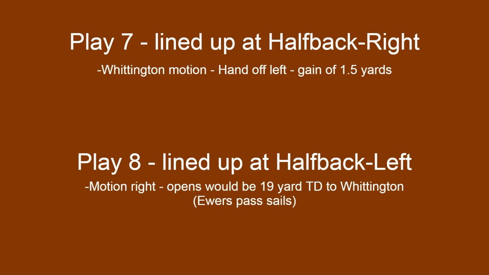Play number 8, lined up halfback left, motion right. And this one really, when Keilan Robinson is motioning, the defense is keying on him. If you remember, this ball just seemed to keep on carrying a little bit and went a little bit too far. Whittington probably should have caught it too. Again, not a slight on Whittington, because that ball was probably coming in hot. But it opens a would-be 19-yard TD to Whittington. And we will count this in a second. So the 132 yards you saw, we're going to count the 19 yards, add it to the total.